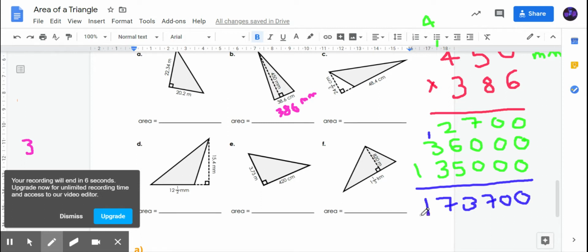So this is my answer in millimeters. And now I need to divide by 2. So I've got 1